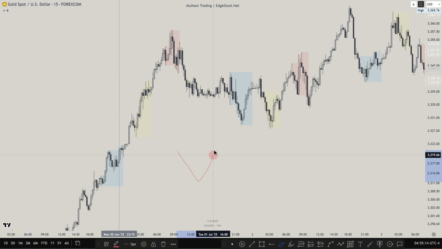So a sweep of one session on the timing of the other session. All right, so the indicators, everything is on the other video. Now what we're going to be doing is, okay, no trading opportunity here, nothing here, and nothing here. The next day here,